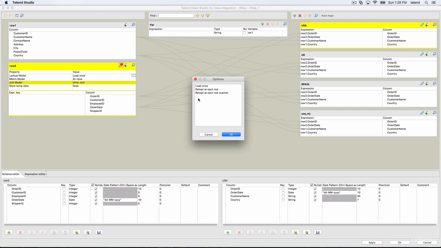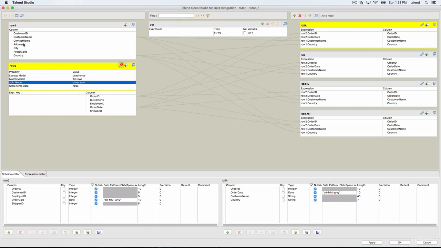And you have another option, reload at each row cache. The difference between reload at each row and reload at each row cache is, let's assume you already looked up a couple of values and joined the data. Those will be saved in the cache, because if you get a row with the same scenario again, instead of loading the data again, it can just read it from the cache. This helps in reducing time and increasing performance, because you already have the results in the cache instead of reloading the lookup table with that where clause. So these are the 3 modes you have for loading lookup data.